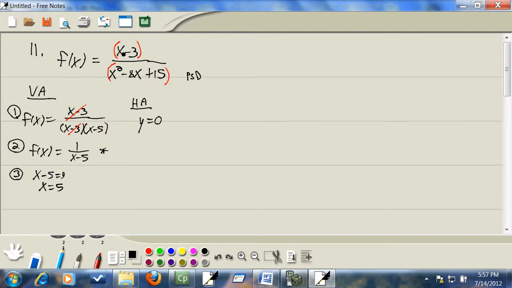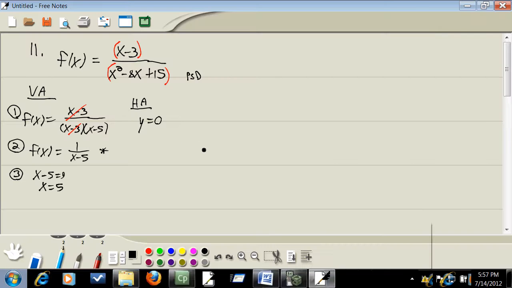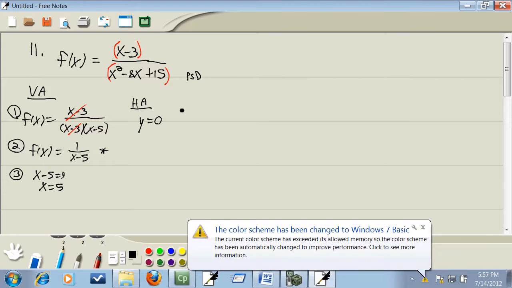Now slant asymptote there is none because the degree of the top would have to be exactly 1 larger than the bottom. So I'm not sure what happened to my display there, but